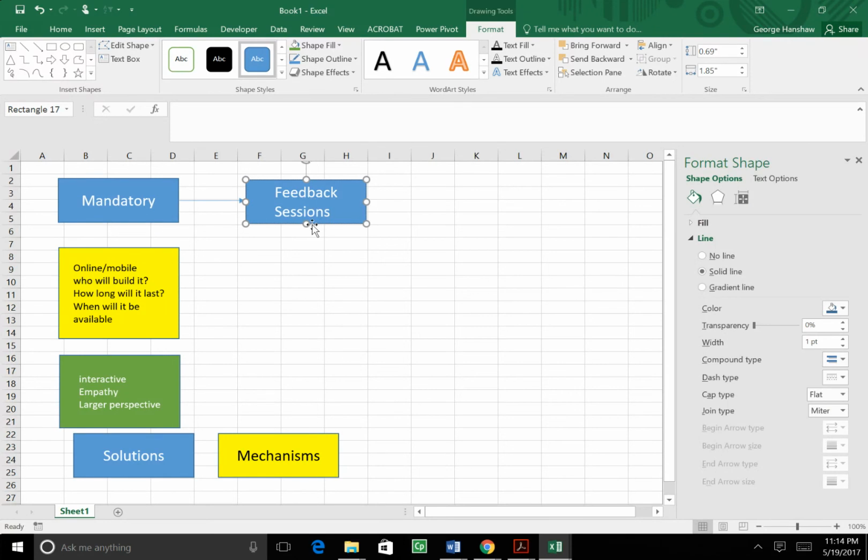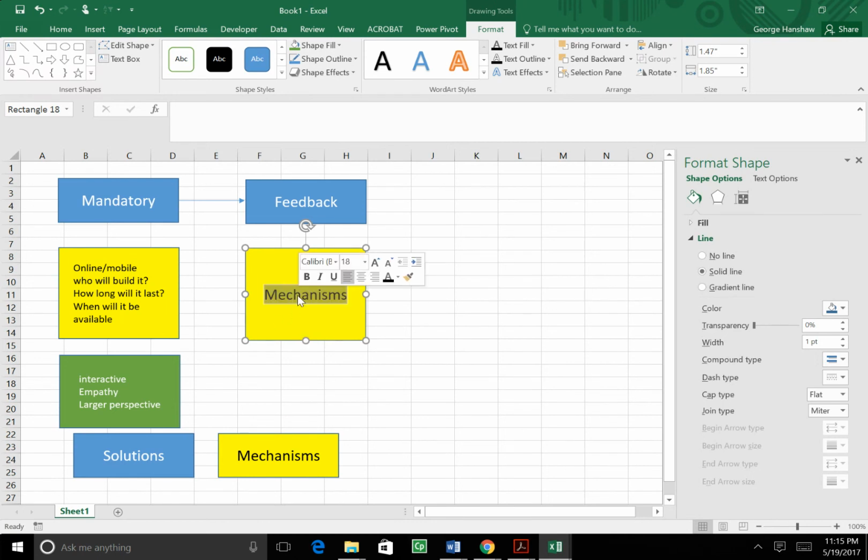So underneath the feedback sessions, the mechanisms would go in there. We're going to copy and paste that one. So what are some of the mechanisms that we need for feedback sessions? Guess what? People need to be trained on that. That was probably part of the mandatory training there, wasn't it? Could be. So now we have trained managers